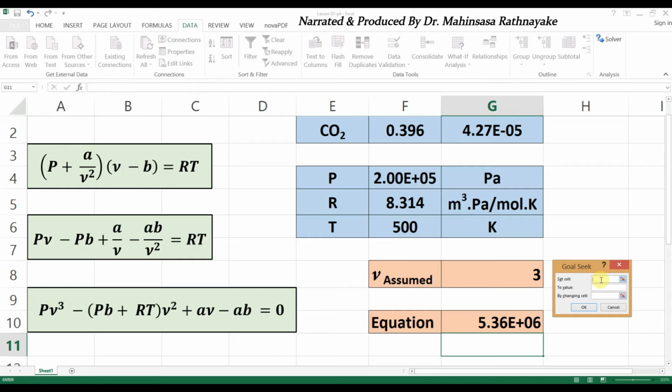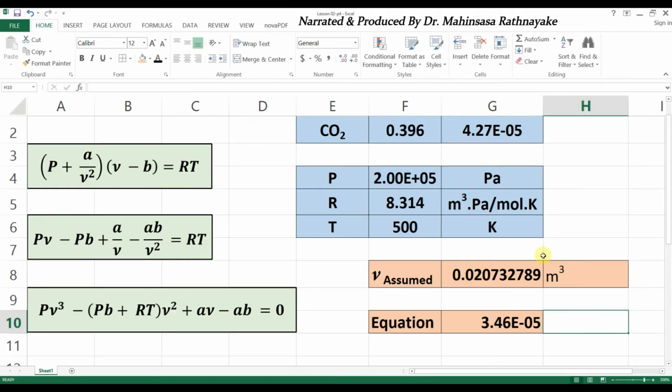It asks us to specify the set cell, so we select our substituted equation cell. To value, or the target value, is 0. By changing cell is our assumed value cell. Then click OK.